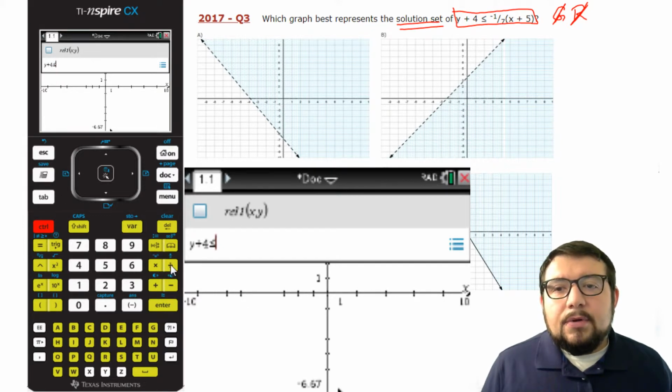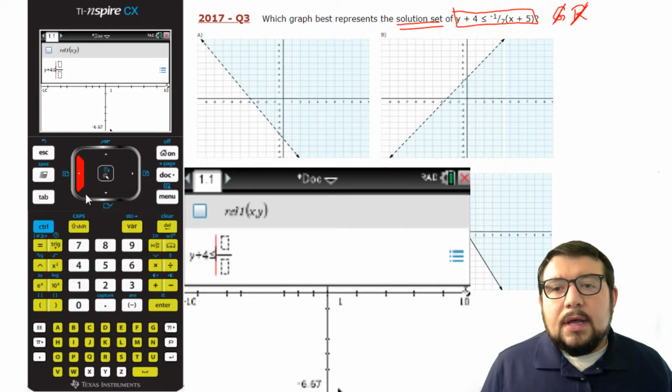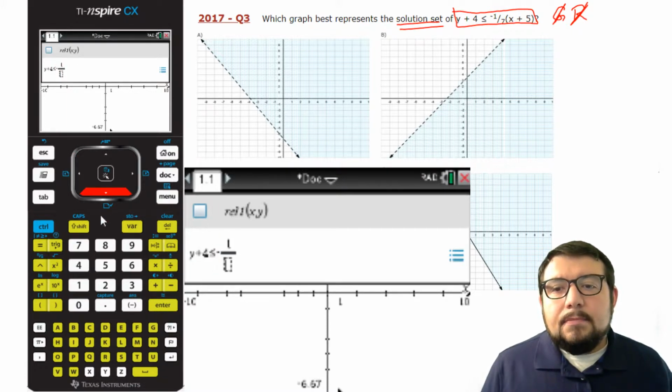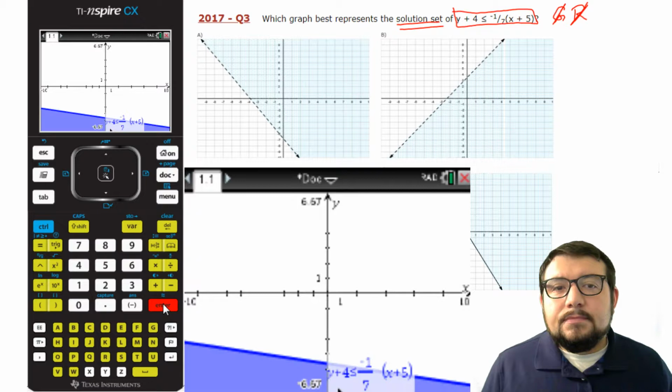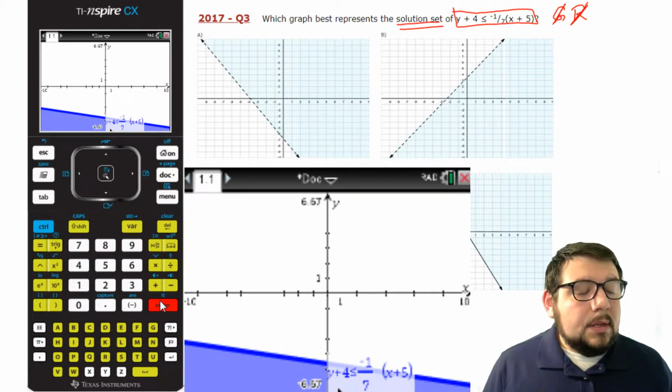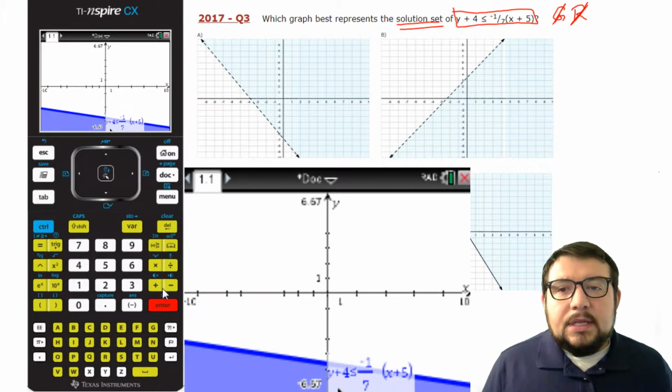Okay, now we're going to put our fraction. It has negative 1 on top, 7 on the bottom. And then right here we're going to press parentheses and put x plus 5. And press enter. Okay. So now I can see that this graph,